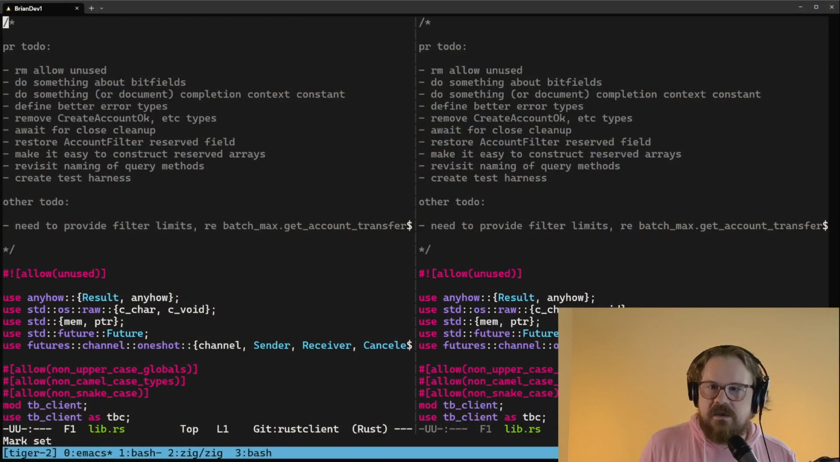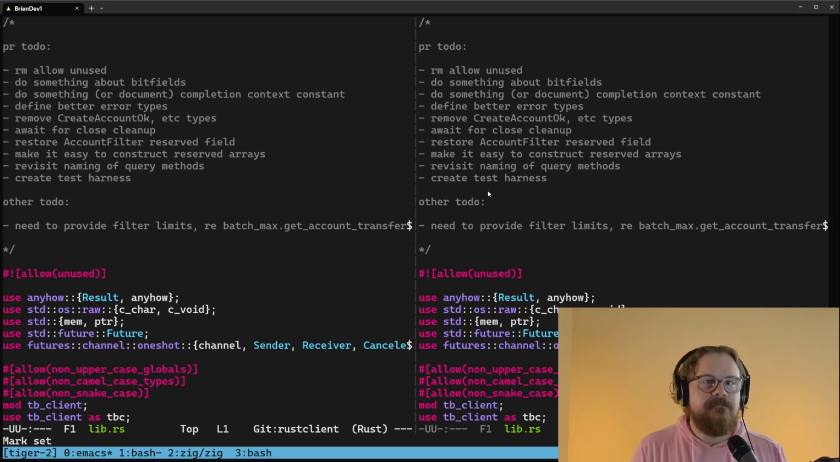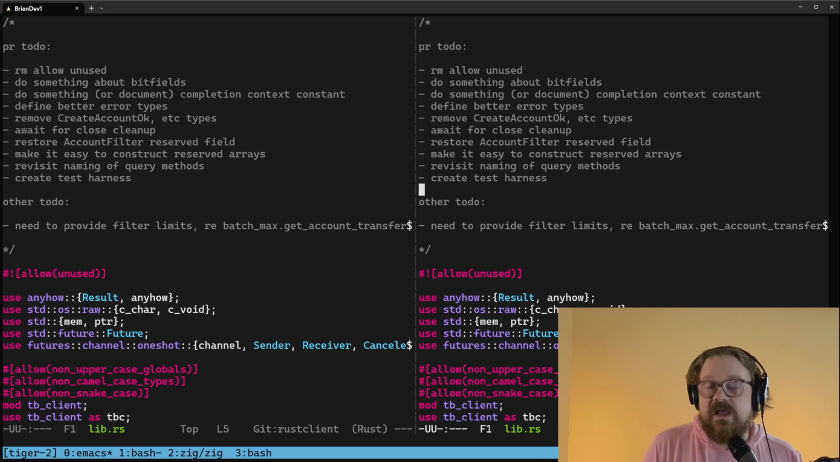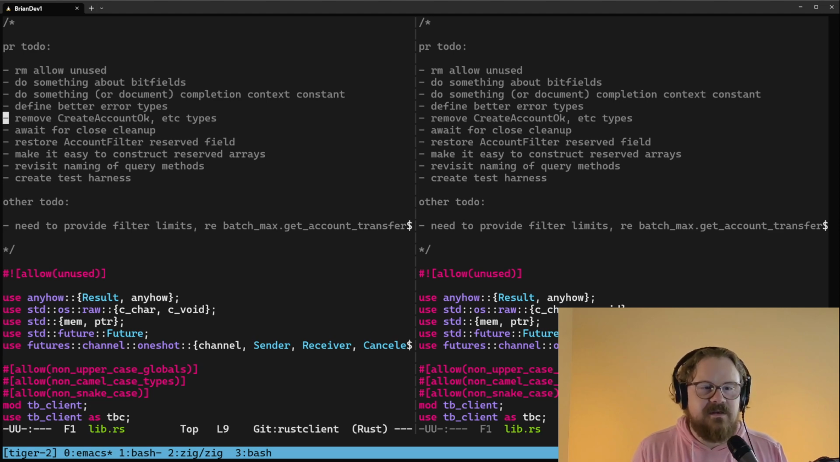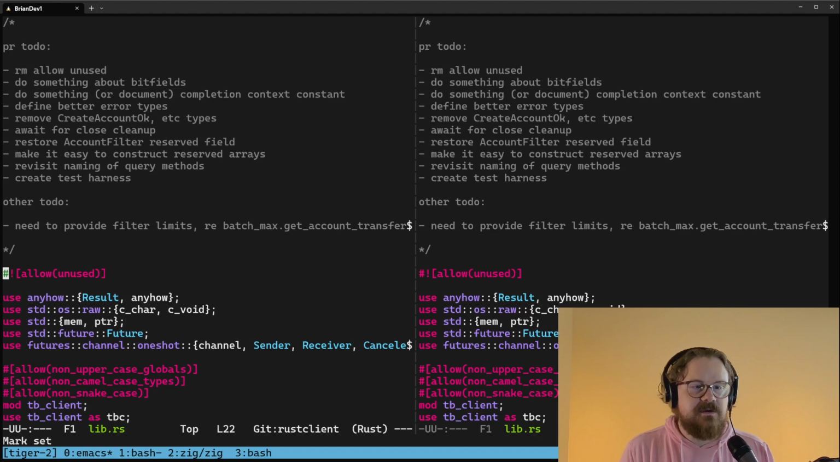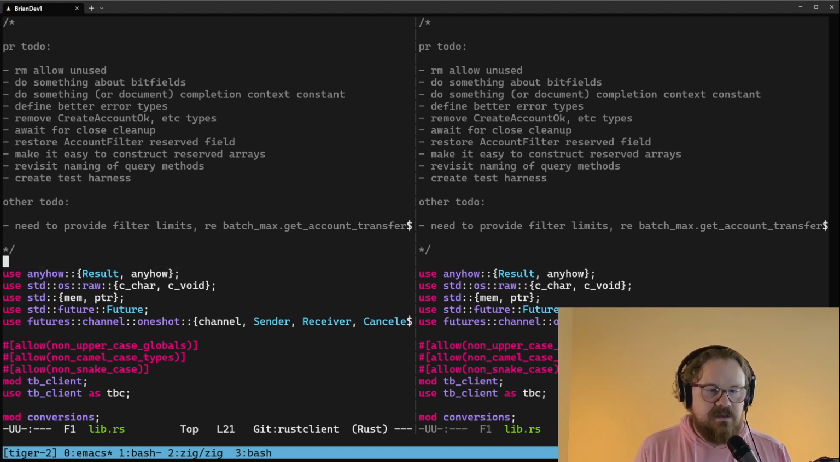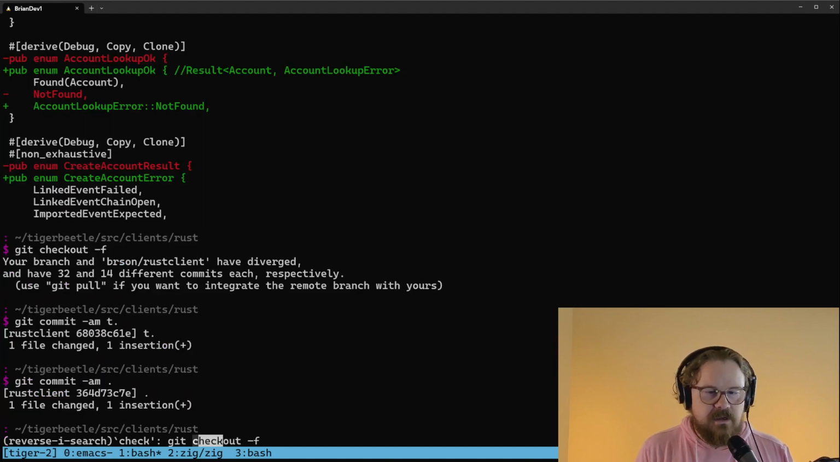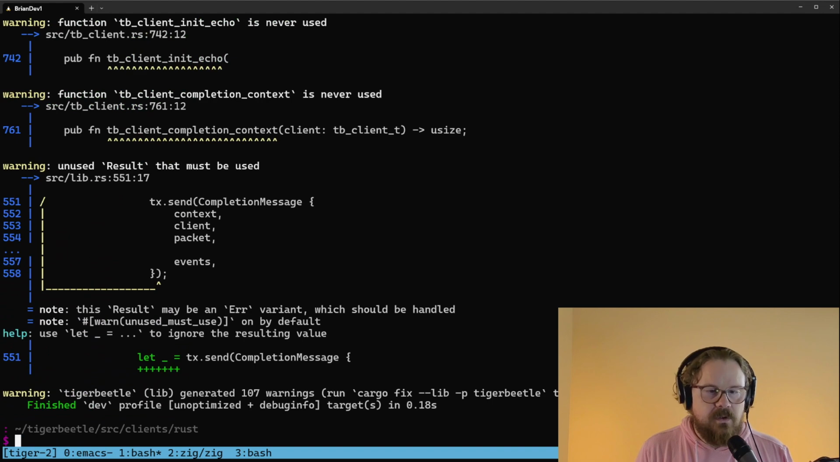All right, let's quit procrastinating and try to make a little progress on these to-dos. All right, I'm showing you my code again. Remove allow unused. Do we want to do that yet? Do I want to take the Band-Aid off yet? Probably. It's about time. Let's go see what unused stuff we have here. Check. And, oh,